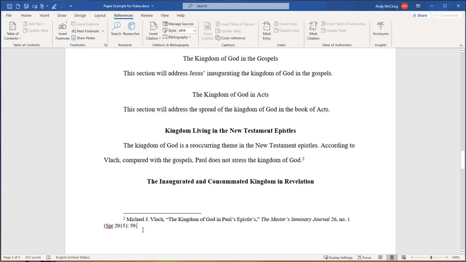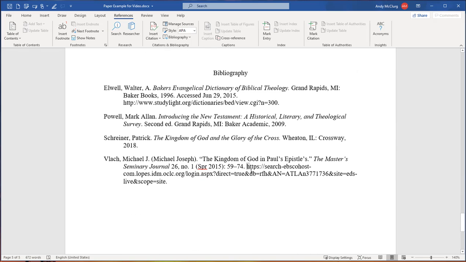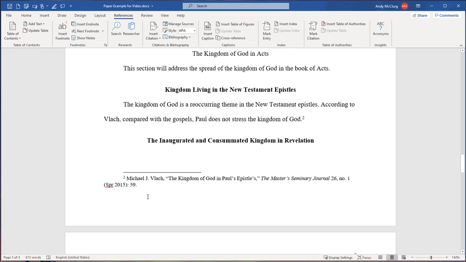And some people will put the whole where they got it from. I think that's a little bit busy for footnotes. Some people might want you to do that. You can always ask, but I find that as long as you have it in your bibliography, which I do, this is where I got it, etc., etc. It keeps my footnotes from getting too cluttered, but that's up to you, or maybe up to the person you're doing this for. So there's an example of an